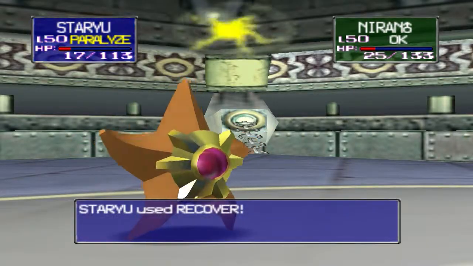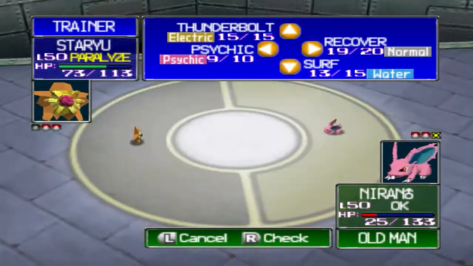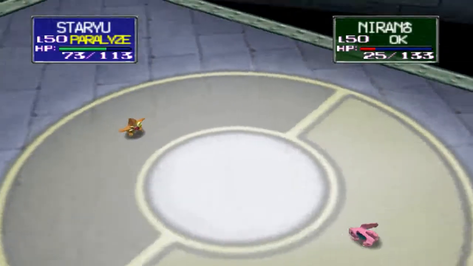That we got paralyzed is a little bit unfortunate, but Staryu will survive as the moves of the Nidorans of this trainer aren't that strong. So